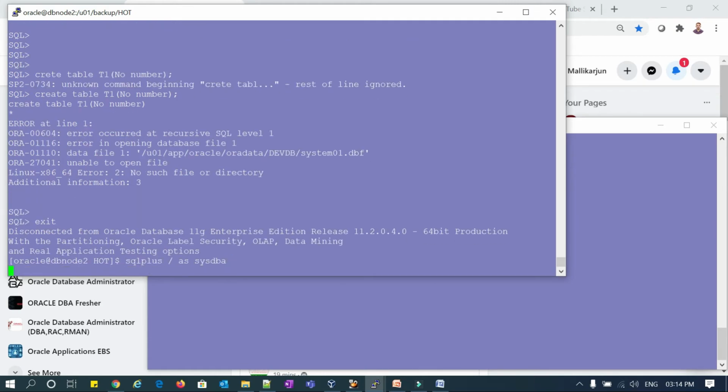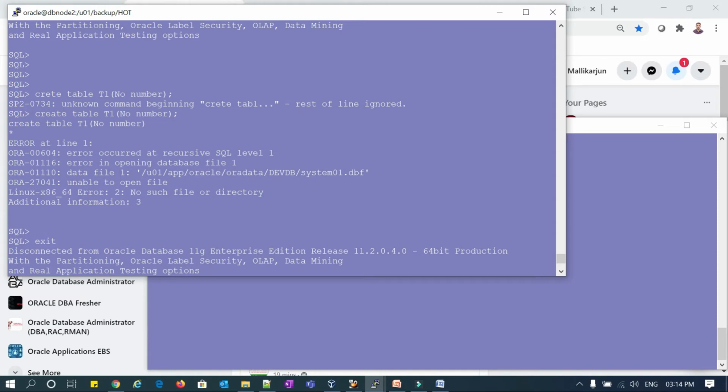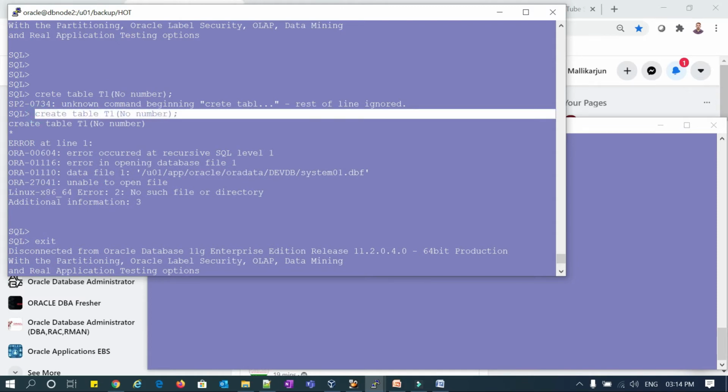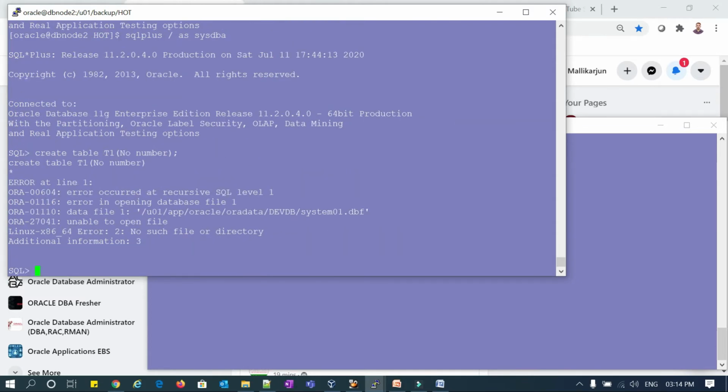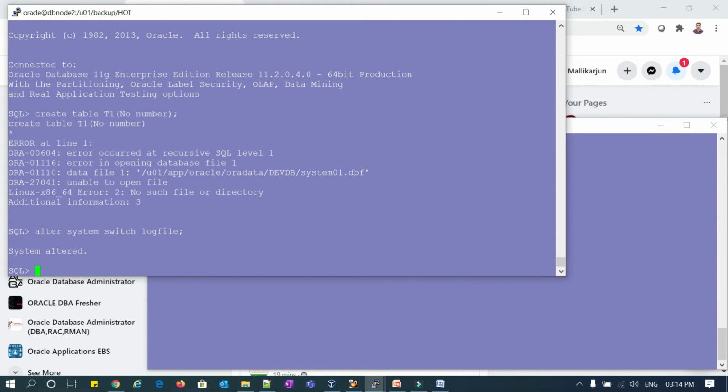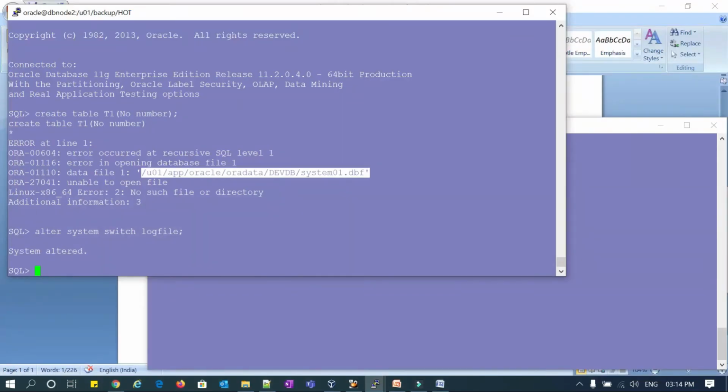I'll exit and connect back again, and then try to create a table. Alter system switch logfile. If I try to create anything, because my system tablespace or system data file is not available, the user data file is not available, and nothing is available, I cannot do any operations.